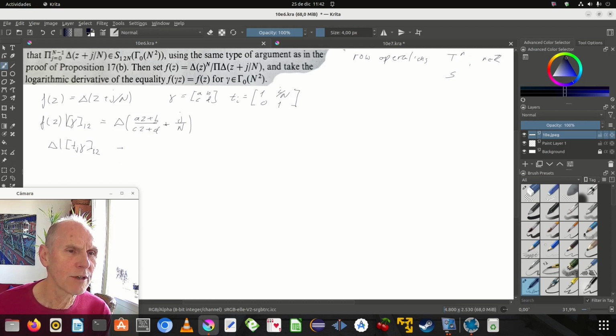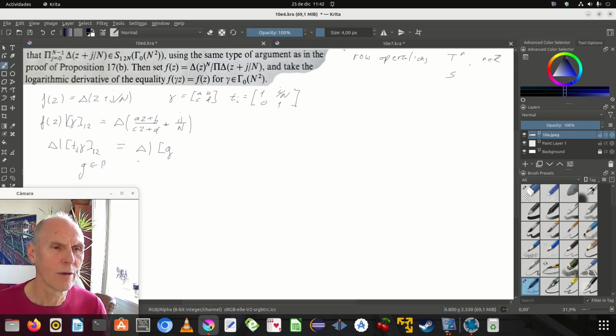So that means that it can be written as some matrix in gamma, we call it G, times a matrix